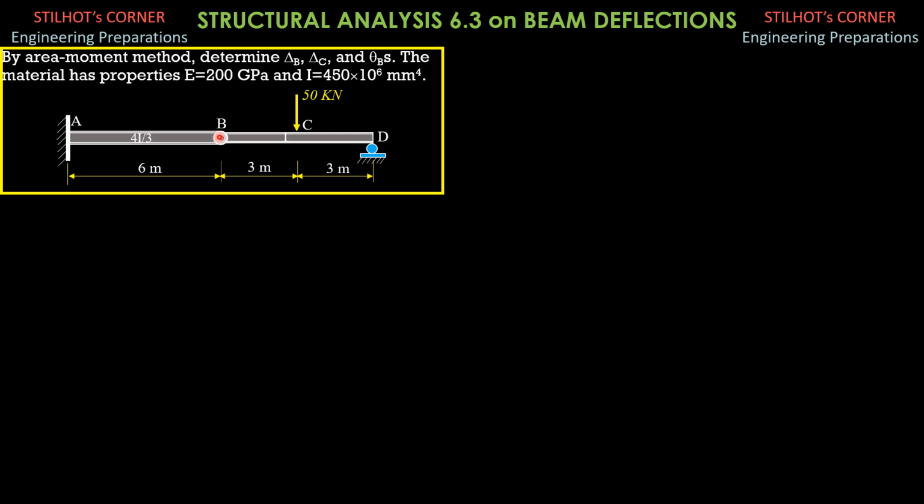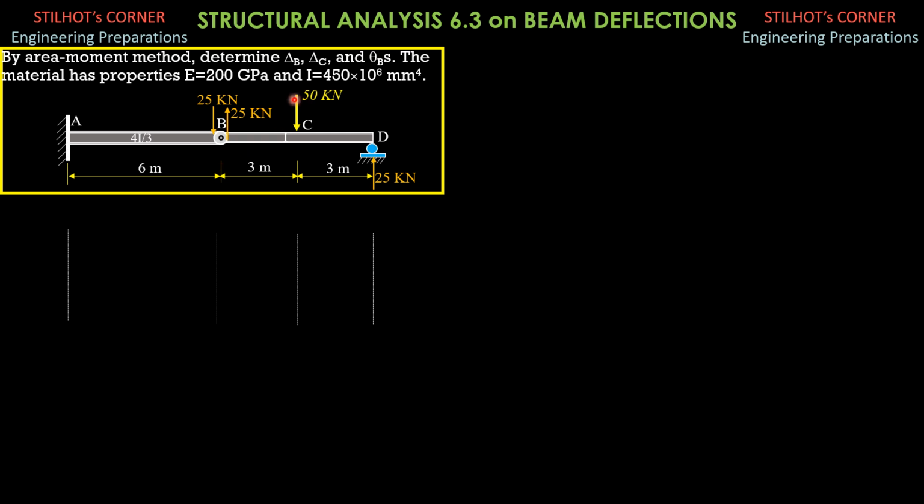So, because 50 is at the center of BD, naturally, the reaction at B just to the right would be half of 50, 25, and as well as at D, as shown in the figure. So by action-reaction principle, just to the left, we have 25 kilonewtons to be transmitted. And therefore, the moment diagram by parts can now be drawn.